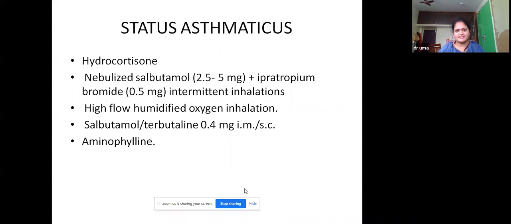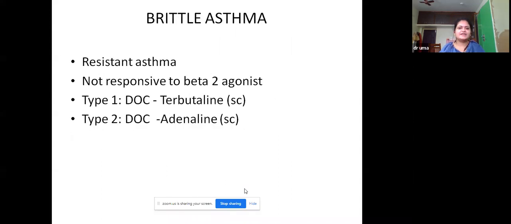And status asthmaticus is a life-threatening condition in which parenteral steroid hydrocortisone is used, nebulized salbutamol along with ipratropium bromide, high-flow oxygen, salbutamol and terbutaline. And when there is no response with these medications, you can go for aminophylline. And resistant asthma will not respond to beta-2 agonists. There are two types. In type 1, the drug of choice is terbutaline, and in type 2, the drug of choice is